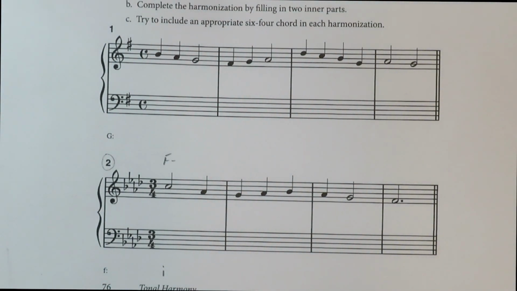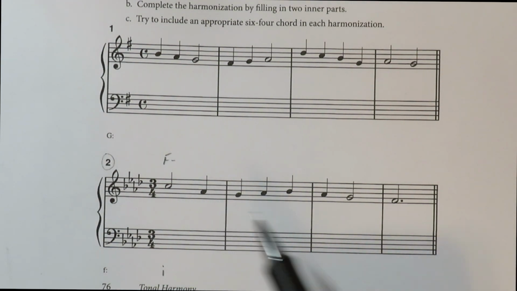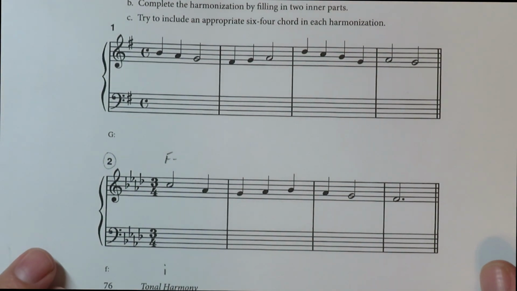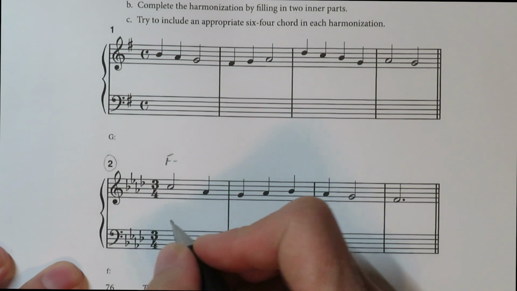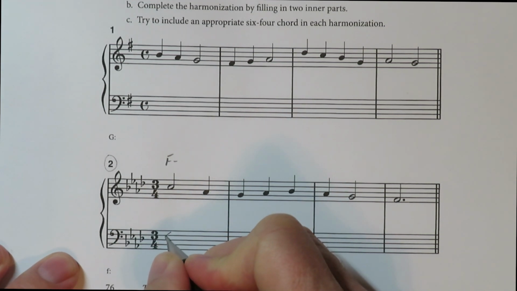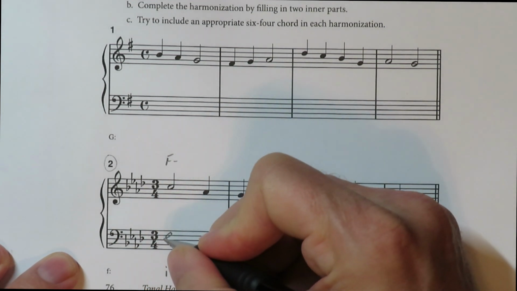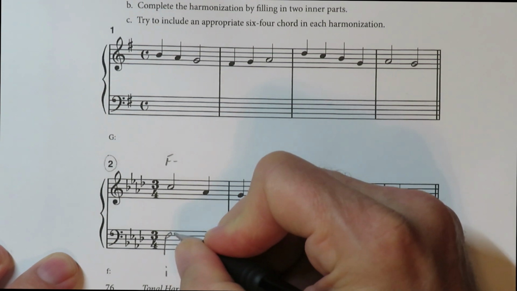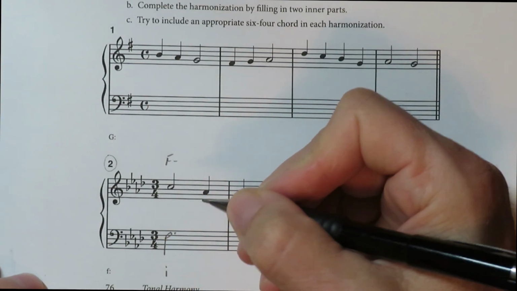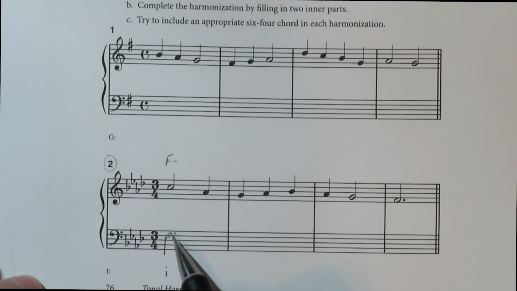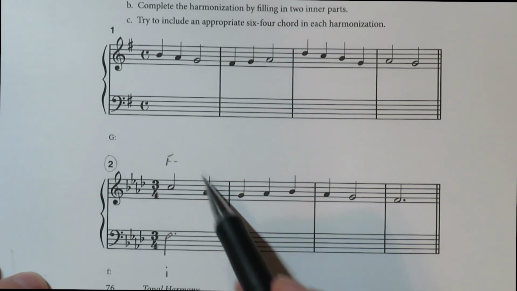And the A flat is also the 3rd of the F minor chord, so I just decided to keep it, and I chose to put my bass note here and make it a dotted half so it extends throughout the whole bar. So this bar is F minor,